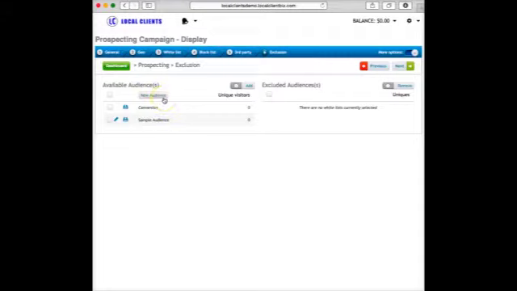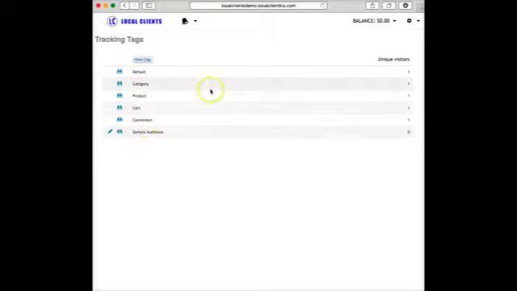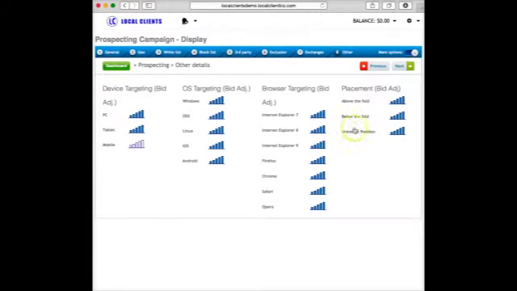On this platform, you can also create unlimited custom audiences based on your website, based on your opt-in process, your sales funnel, etc. And what you have available to you are a set of tags which you can attach to your custom audiences depending on where they are in the process in your sales funnel on your website. With Local Clients, you also have the freedom to choose where you place your ads on the page, whether it's above the fold, below the fold, on a side of the page.